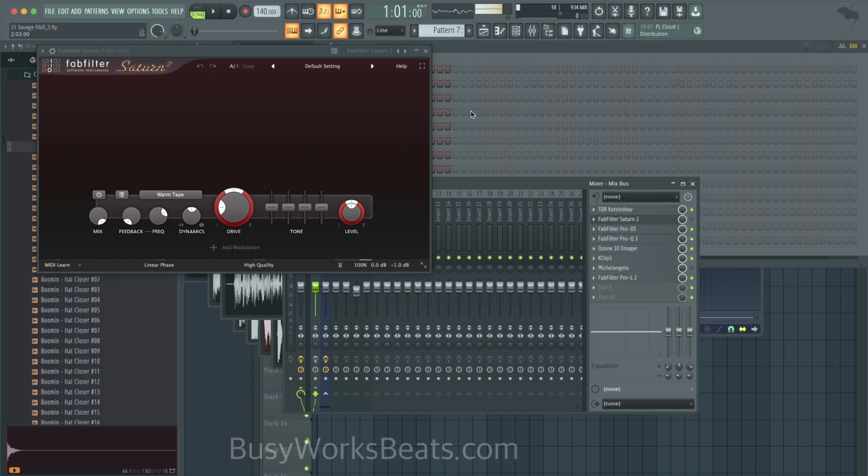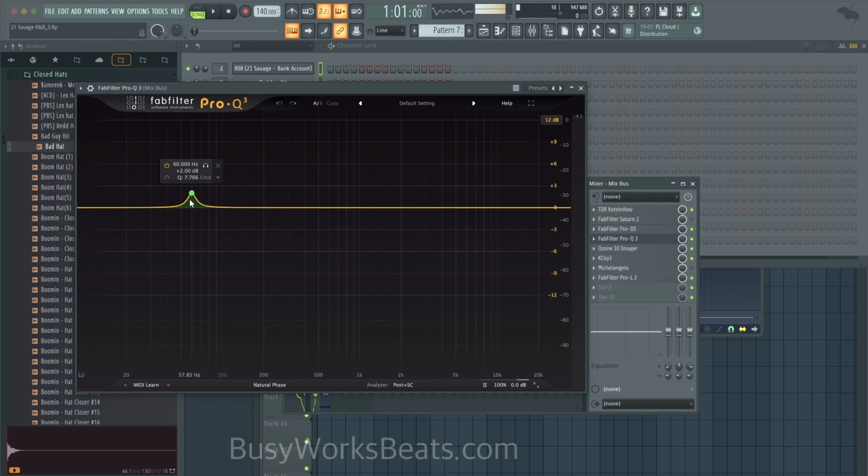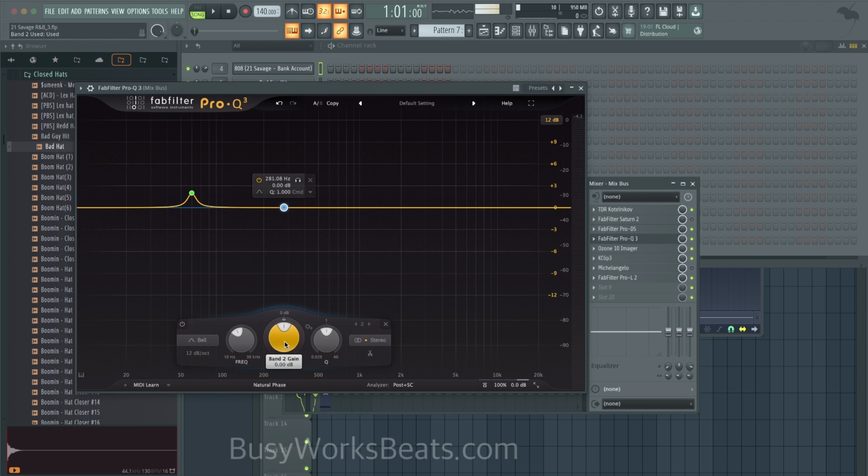So the first plugin is FabFilter Pro Q3. You can do a lot with this. I'll say what I used to think. I used to think this was overly hyped. I used to think the sliders move too fast. I used to think that it was overly complicated until I realized how complex this plugin can actually be. You could do a lot with this plugin, and it's the easiest, cleanest EQ I've found to do what I'm trying to do, whatever it is.